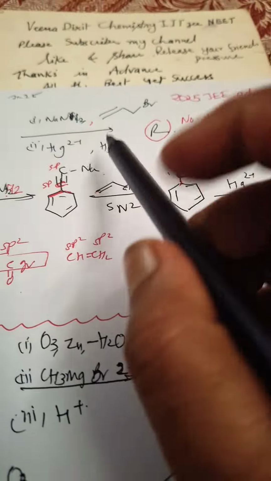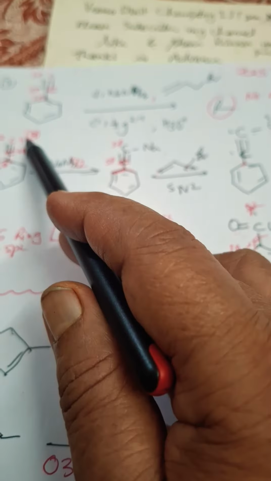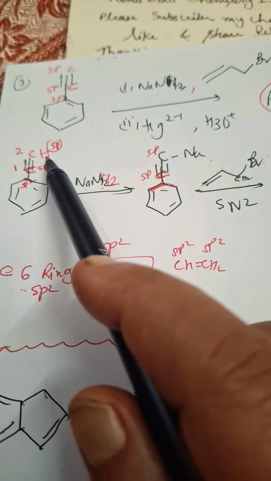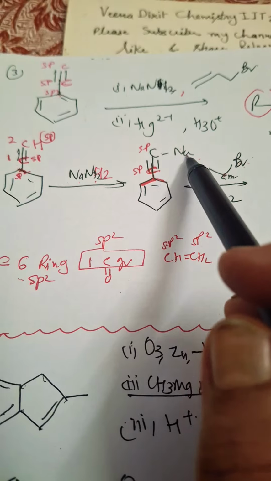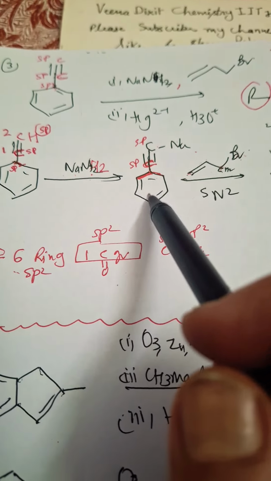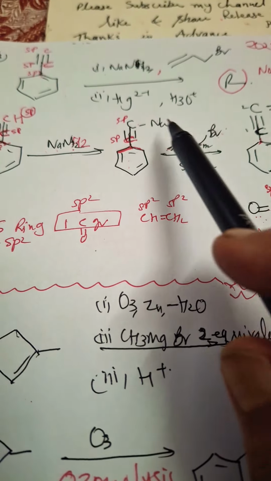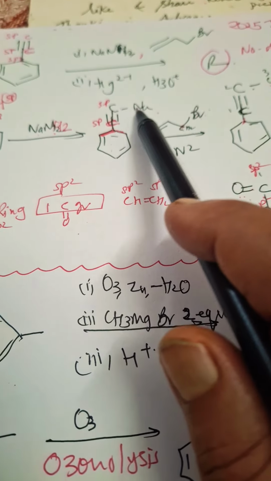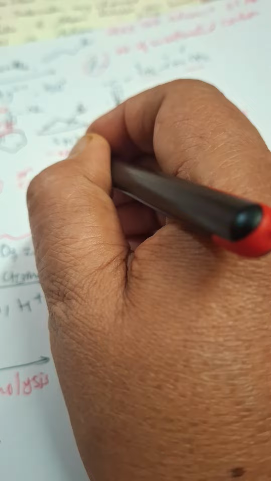Now when it reacts with NaNH2, first of all what will happen, this hydrogen is sp hybridized, the carbon is sp hybridized, so the hydrogen is acidic, so it is easily replaced by Na, and we'll get C-Na, phenyl sodium acetylide. Now this allyl bromide has affinity, Br has affinity with Na, so this carbon is joined to this carbon and NaBr will be lost. Okay, SN2 reaction will be there, NaBr is lost.